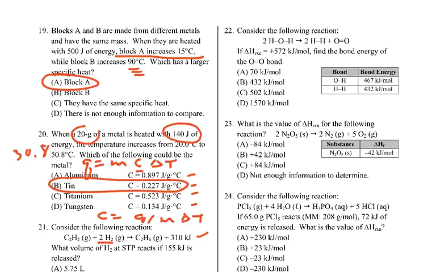Okay, 22. The delta H of reaction is 572. Find the bond energy of the OO double bond. So we know that the delta H of the reaction is going to be the energy of the bonds broken and the energy of the bonds formed. So what do we have? We have 4 OH bonds, that's broken, and we have 2 HH bonds,